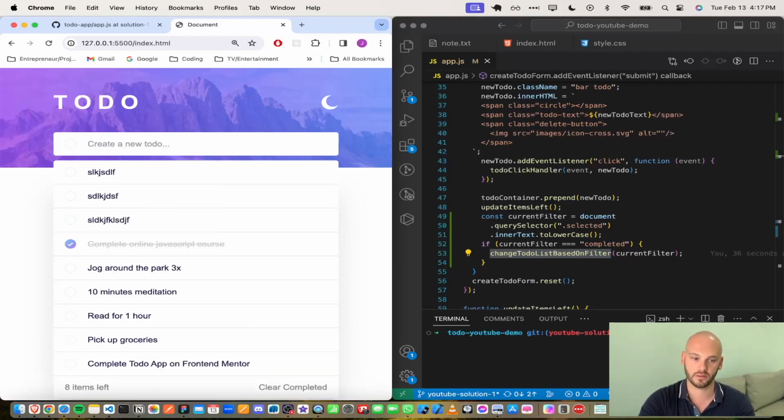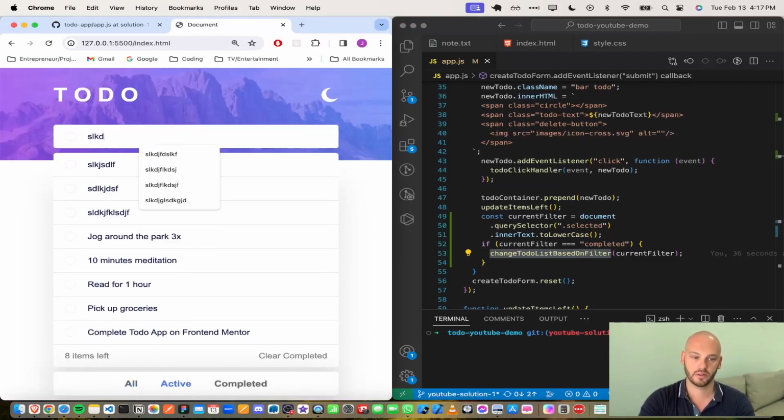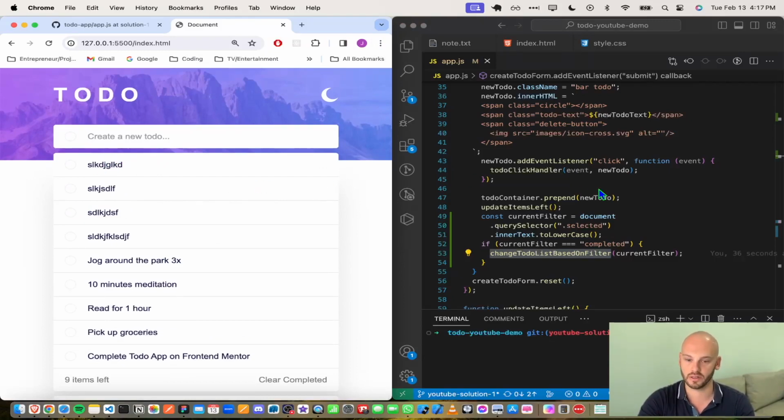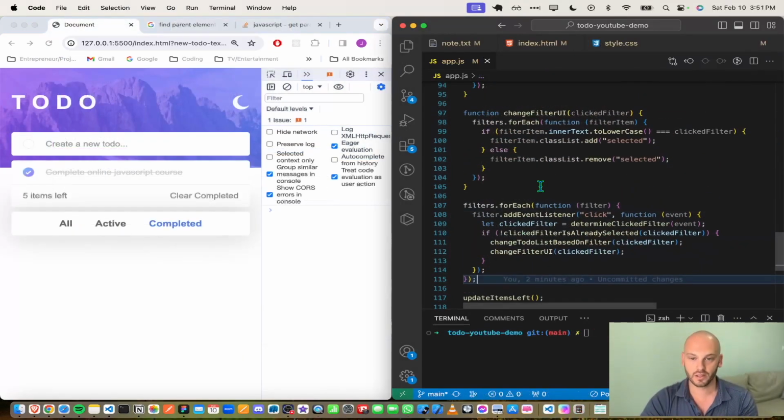And in active and all, creating a new to-do is perfectly fine because the new to-do is active. So with that, I have finished my demonstration of how to use JavaScript to make your first UIs, being given